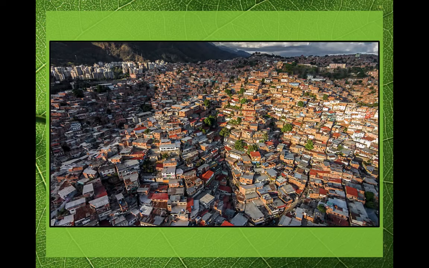Okay, so this right here is a favela. This is outside Rio de Janeiro, and this is an old mine that people just kind of built their houses into. And so this is where they live. These are their houses. So it's pretty cramped, obviously, and difficult to get in and out of. But it was cheap, and so that's where they landed.